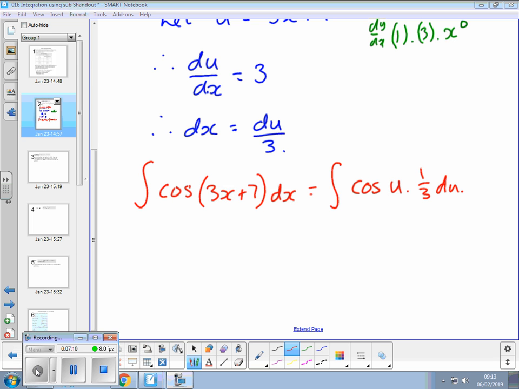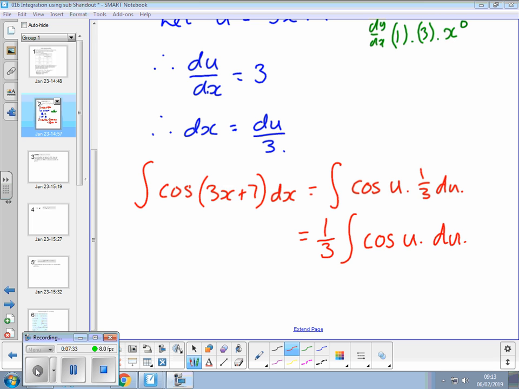What happens to constants? No, not when you integrate. What can we do with constants in integrals? Yeah, so we can say it is a third integral cos u